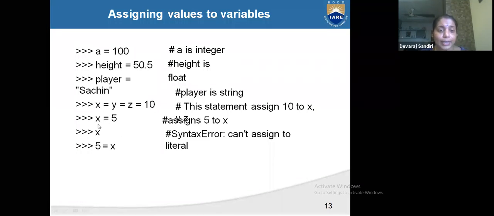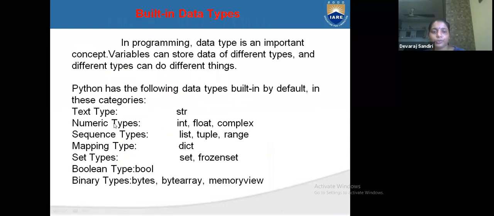If I write x, y, z is equal to 10, 20, 30, then x is equal to 10, y is equal to 20, z is equal to 30. We have to assign multiple variables to multiple values. X is equal to 5, 5 is denoted by x, but we cannot write 5 is equal to x. The value cannot be assigned to a variable. Only a variable can be assigned a value.